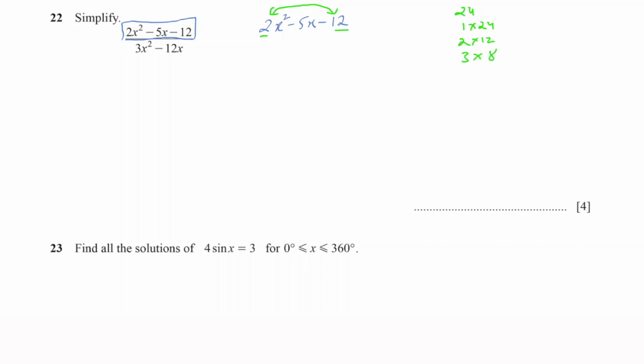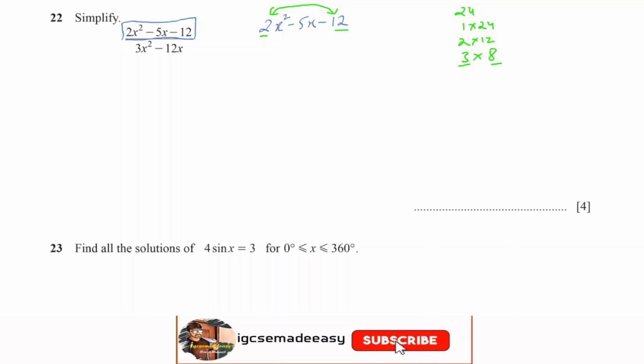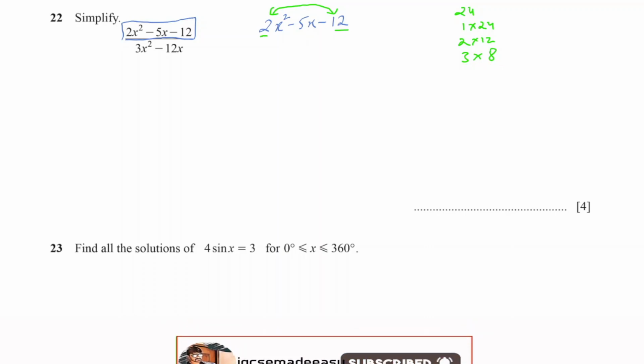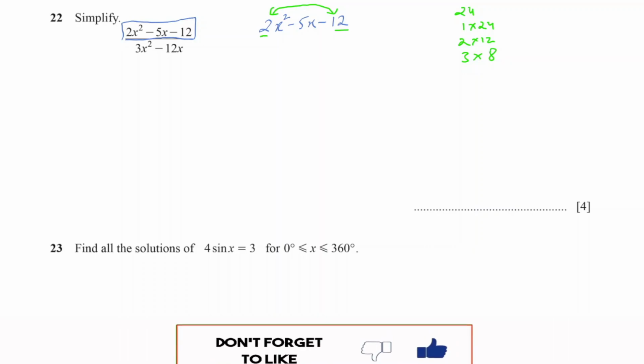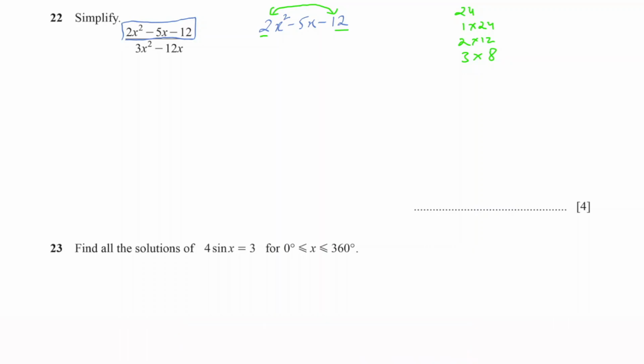3 times 8 is used, because 3 and 8 gives me 5 over there, right? So we can split this 5x as minus of 8x and plus of 3x. I guess you understand. The rest of the numbers I'll write as they are. I split this 5x as minus 8x plus 3x. I got this 8 and 3 from the factors of 24. Okay,